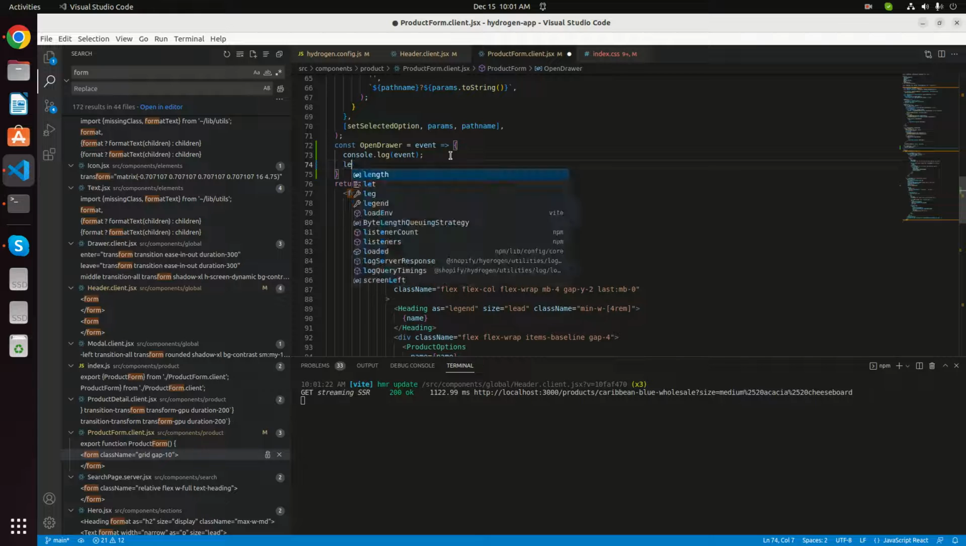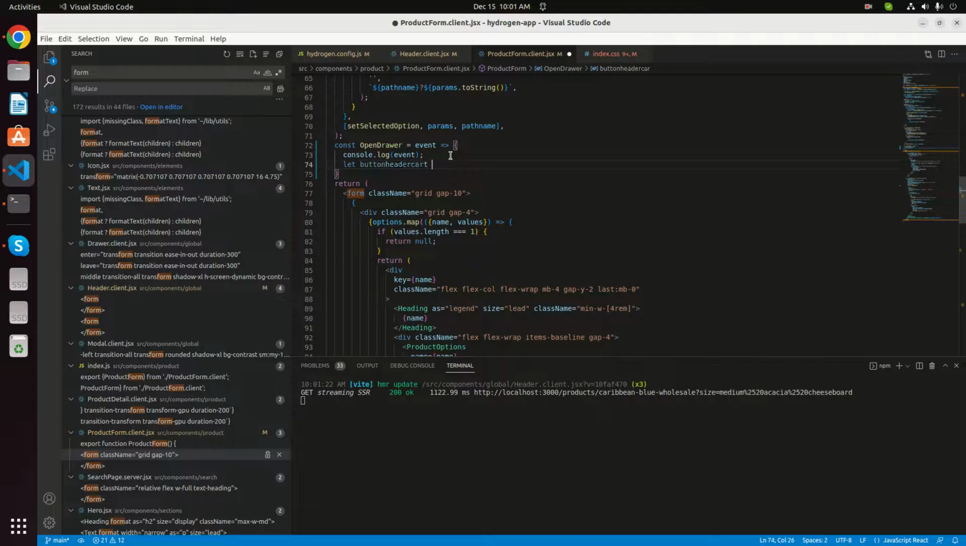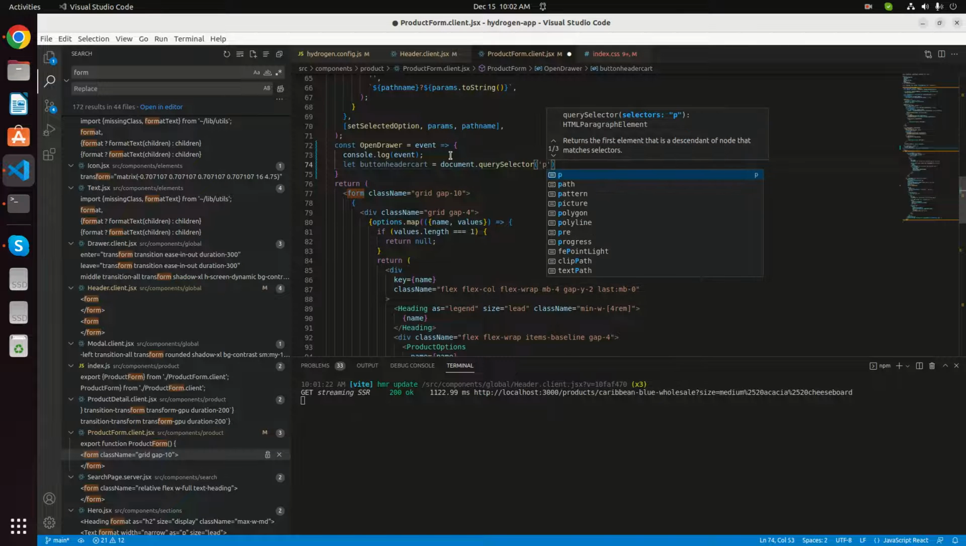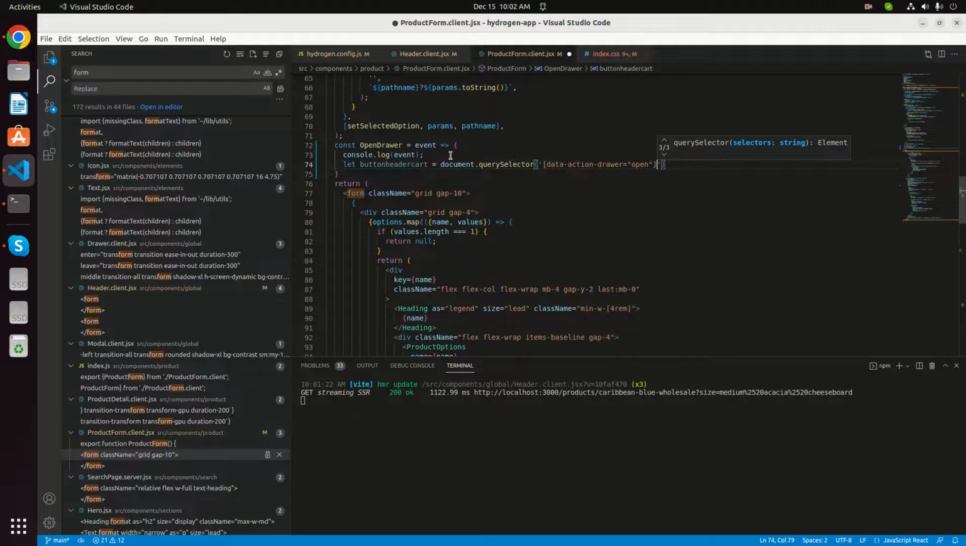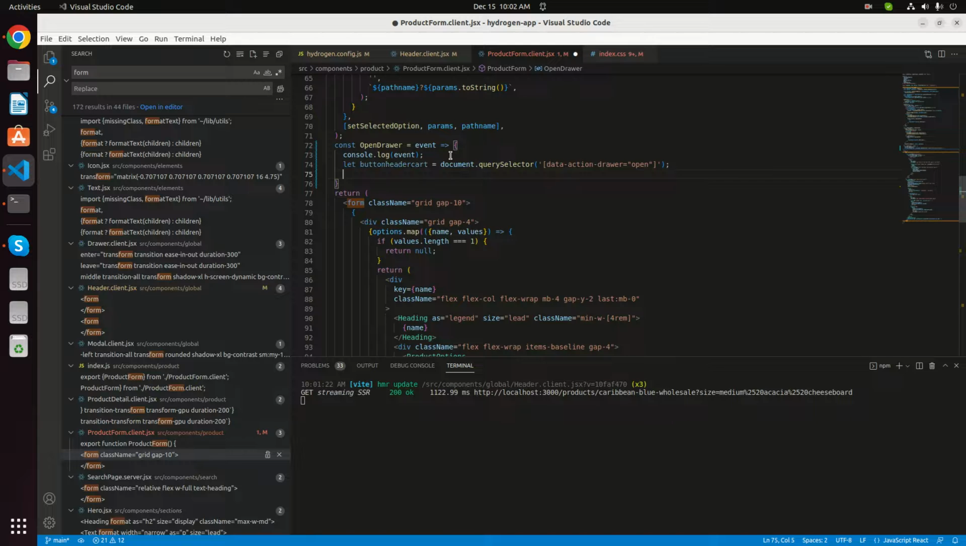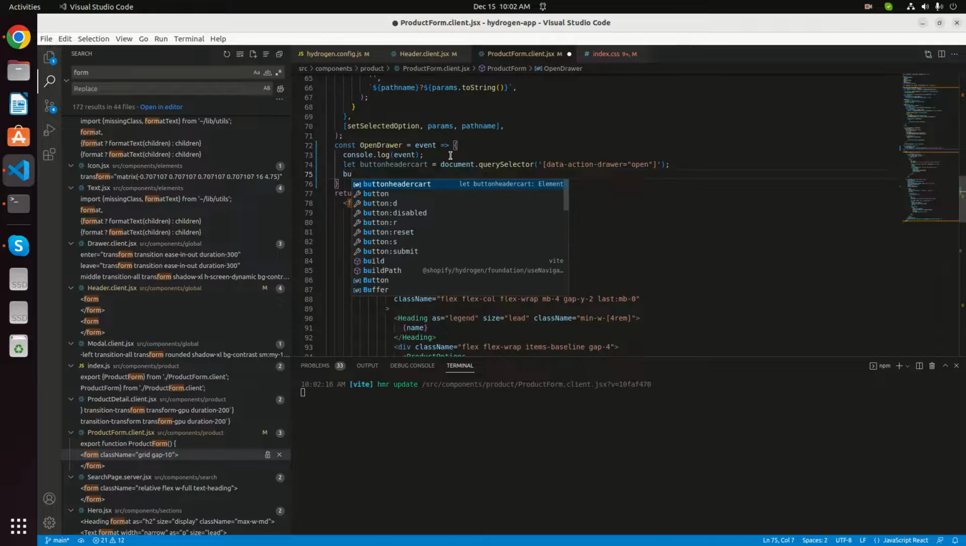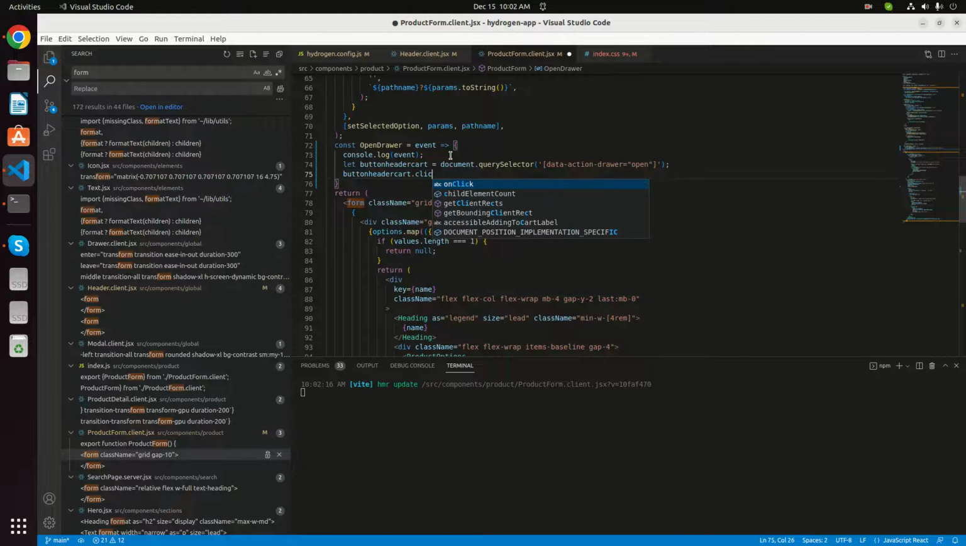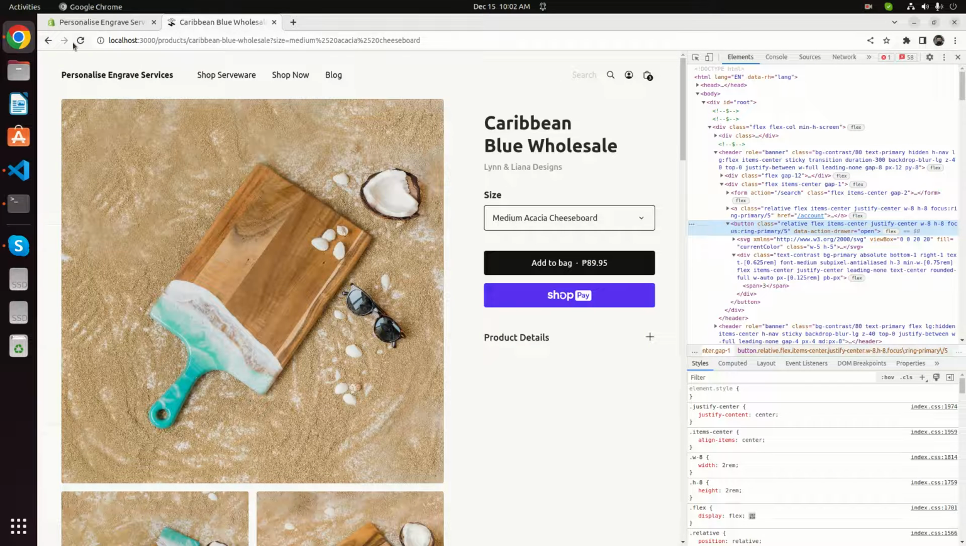So I'm going to add a variable, say button header part, document query selector for the specific attribute. I'm going to use a bracket like that. Save. So I'm going to send a trigger click event to this element. Simply click, or dispatch an event to this element. Save. Okay, so let's refresh it. Refresh. So once I click,